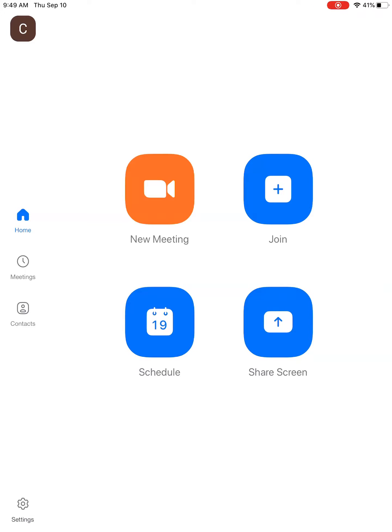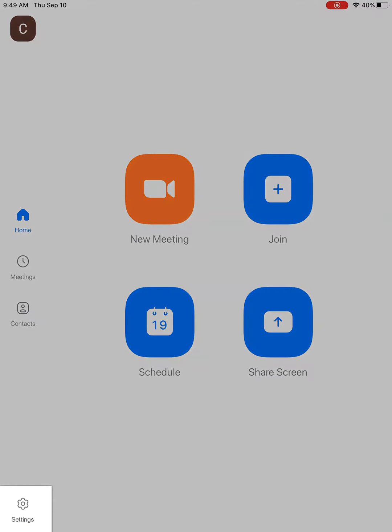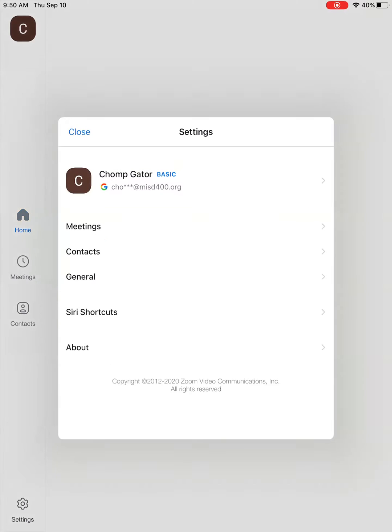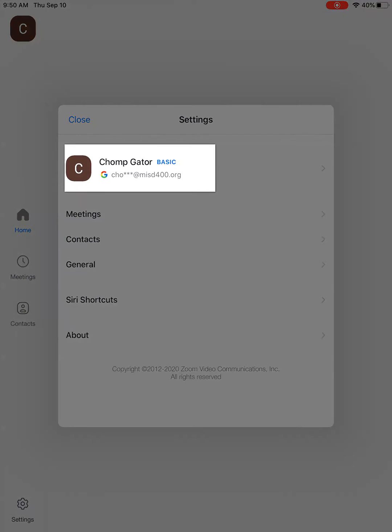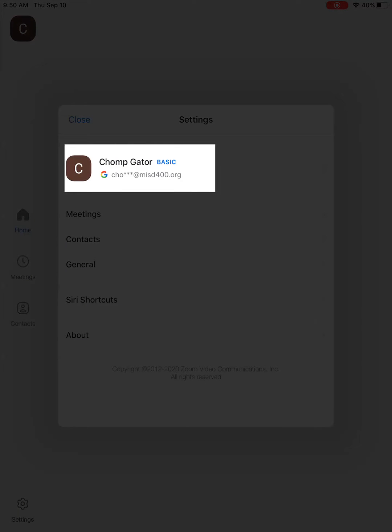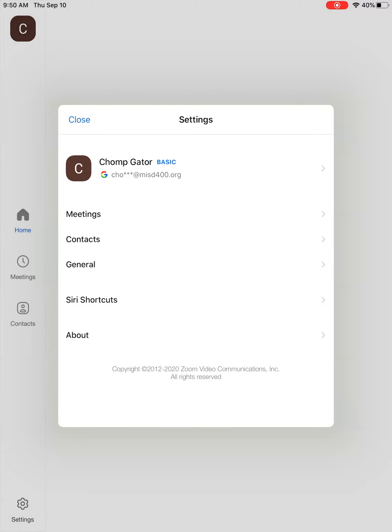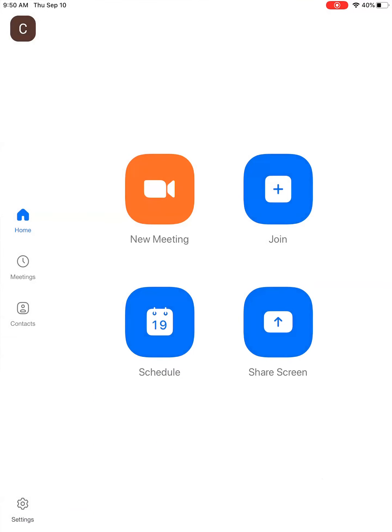And when you pull up your Zoom app, you can always check that you are logged into your authenticated MISD account by just clicking settings in the bottom left corner and seeing, yep, at misd400.org is the account I'm using. So this is how to check on your iPad to sign in and check that you're signed in to your authenticated